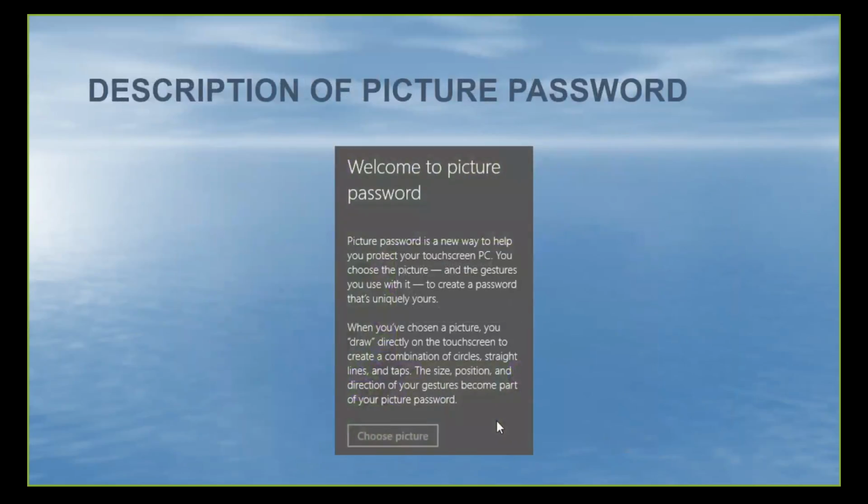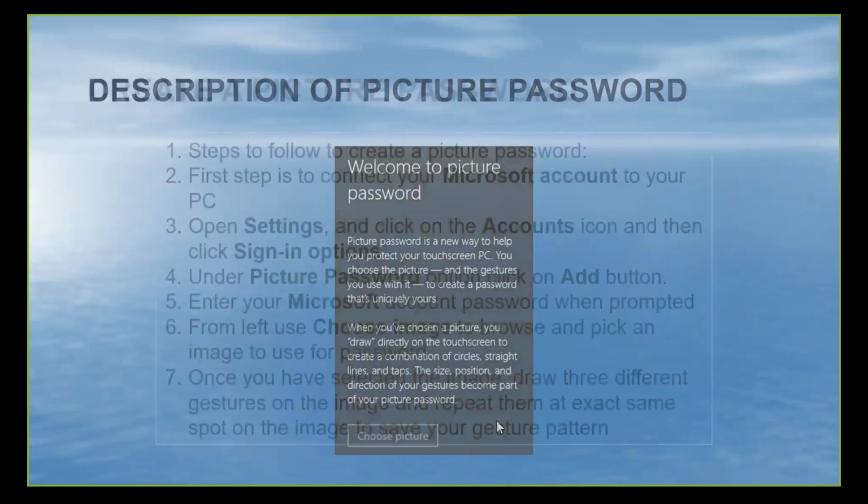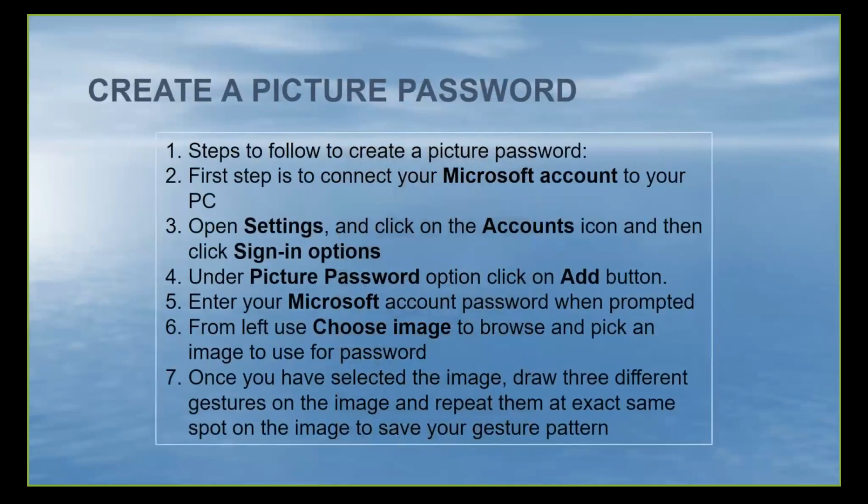The picture password is a new way to help you protect your touchscreen PC. It is only the touchscreen. And you choose the picture and then some gestures that you will use with it. When you've chosen the picture, you draw directly on the touchscreen to create a combination of circles, straight lines, and taps. So you've got to remember what you do on that picture. And then the size, position, and direction of your gestures become part of your picture password. So the steps to create one